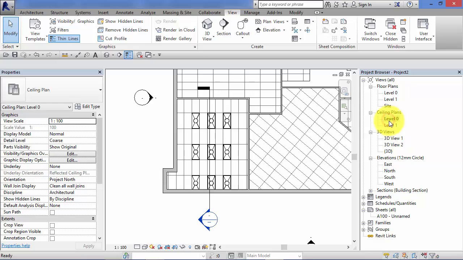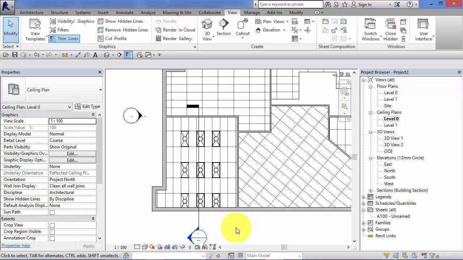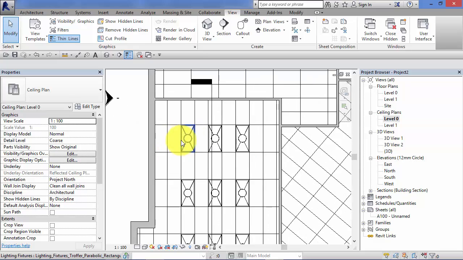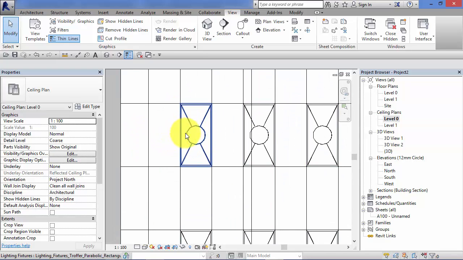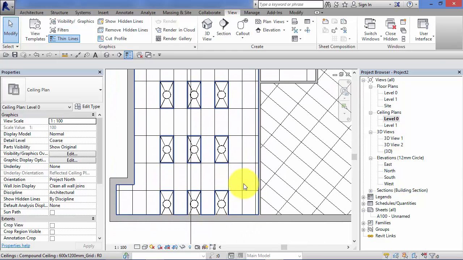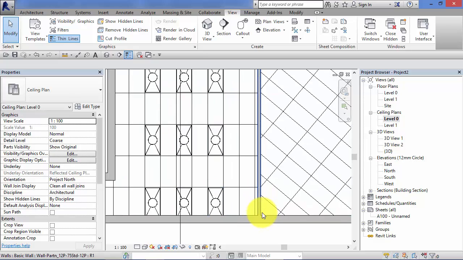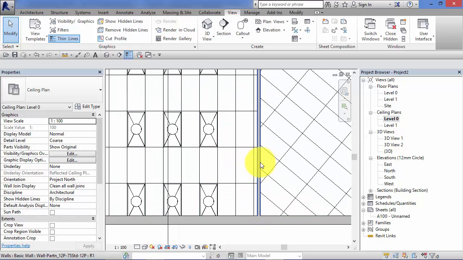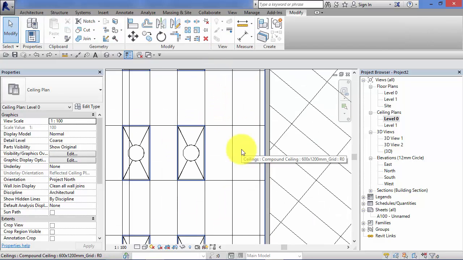So I'm just going to go back to our ceiling plan, and I mentioned before about the fact that you didn't need to padlock those. Remember when I rotated and aligned a light fitting and we had the option to padlock to a grid line? Just want to show you that that does in fact work without the use of the padlock. So let's say, for example, we've set this out, but we now realize that we've got a sliver of tile down this one side of the room, and we would in fact like the ceiling layout to start with a whole tile here. So let's go ahead and realign the suspended ceiling,